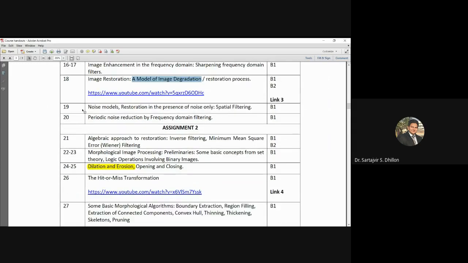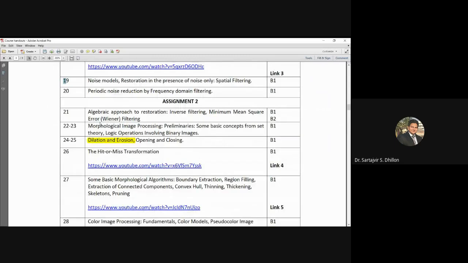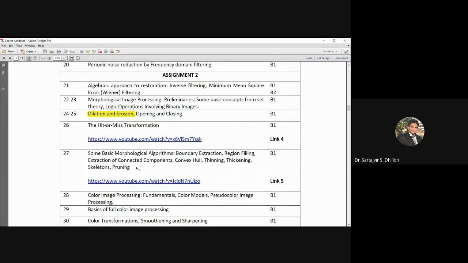Your lectures from 19th to 36th will come under ST2. Hopefully you are all aware of what will come in your ST, which has been scheduled for 8th October or 9th October. Please check your date sheet.